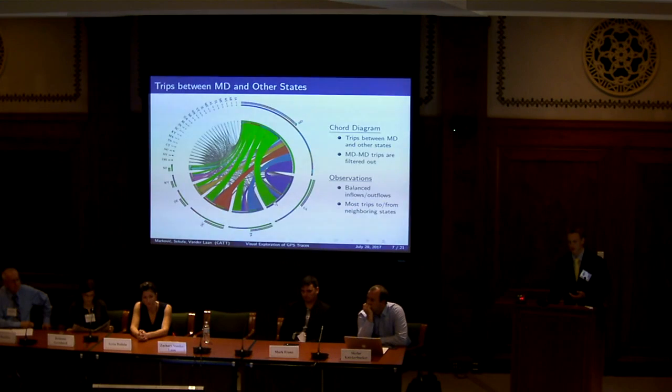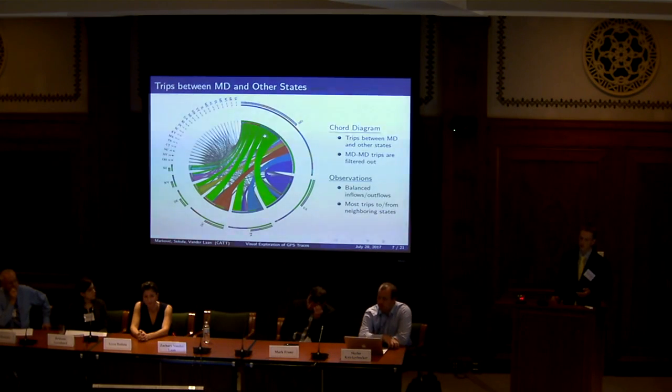And because Virginia's color-coded in purple, we can see that trips from Virginia to Maryland are indicated by this purple ribbon here. There are a couple of observations we can make that stand out from looking at this visually. First, we note that the trips going into Maryland and the trips going out of Maryland are roughly balanced. Additionally, by looking at where the particular trips go and come from, we see that most of the trips are